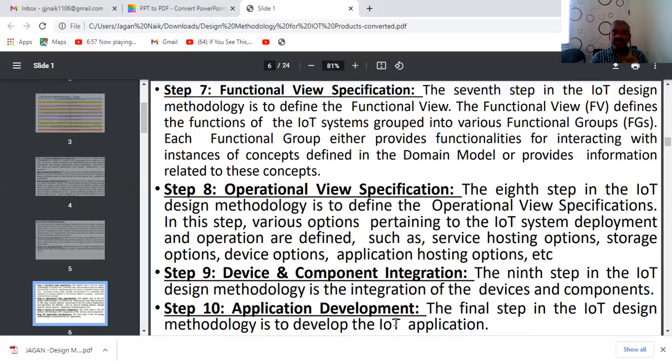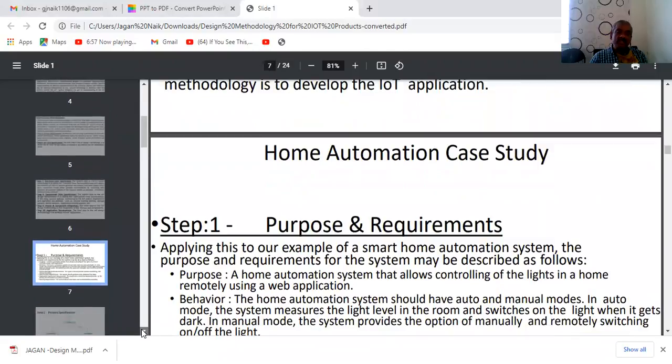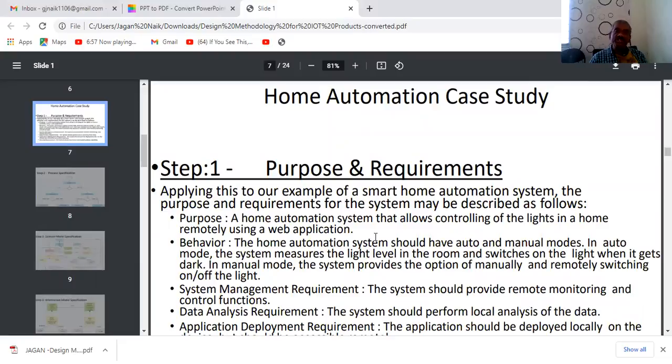And coming to application development, the final step in the IoT design methodology is to develop the IoT application. And further steps can also be added for this application by having various kinds of devices. And we are going to be discussing one example, called home automation.